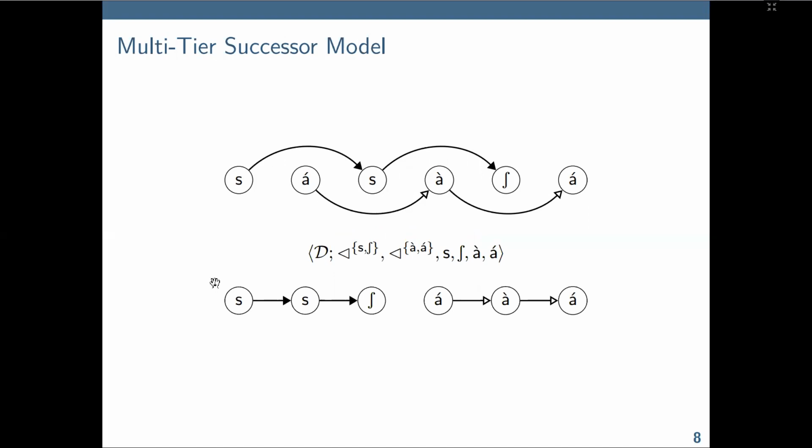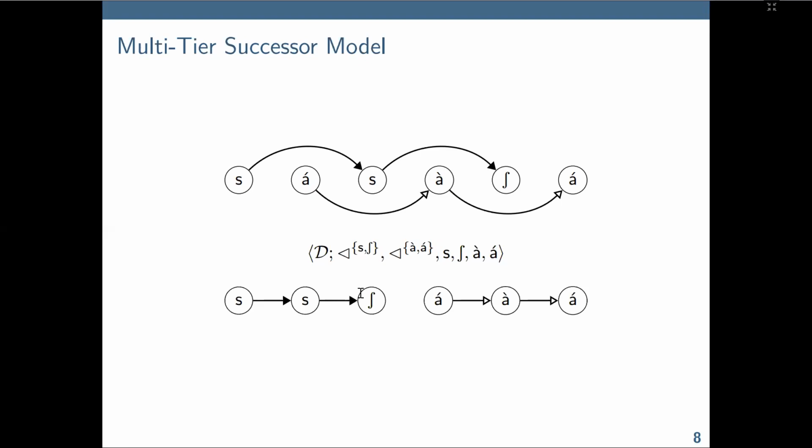So here we can make statements like, do we see a sa followed by a sa somewhere? And do we see a high tone followed by a low tone followed by a high tone, right? So we might want to make statements about tone plateauing in addition to, say, statements about sibilant harmony, right? And we do that by evaluating these substructures as we parameterize them with respect to the particular model, okay? Right, so there are many different types of models you can consider. We're going to work with these four for today. And these four model signatures are one parameter of our overall argument.